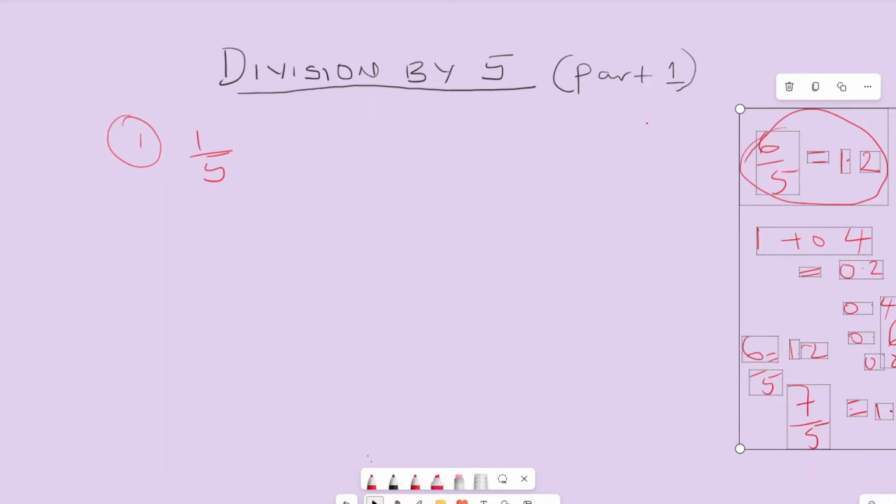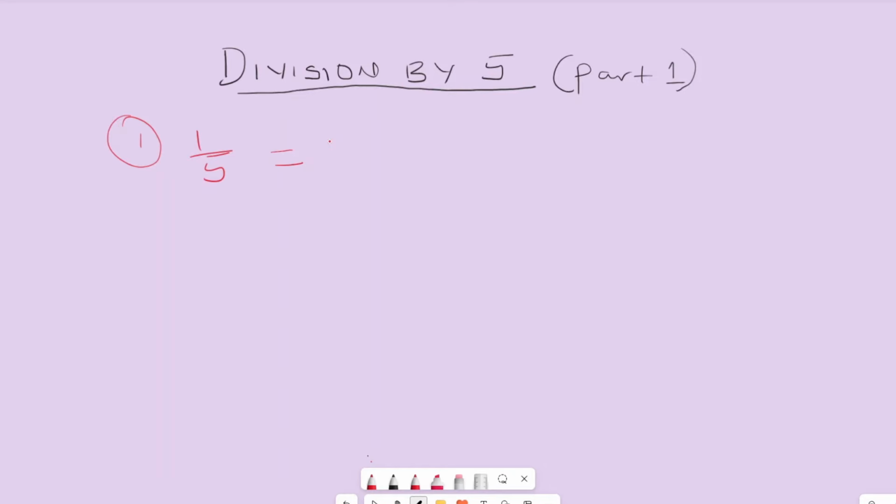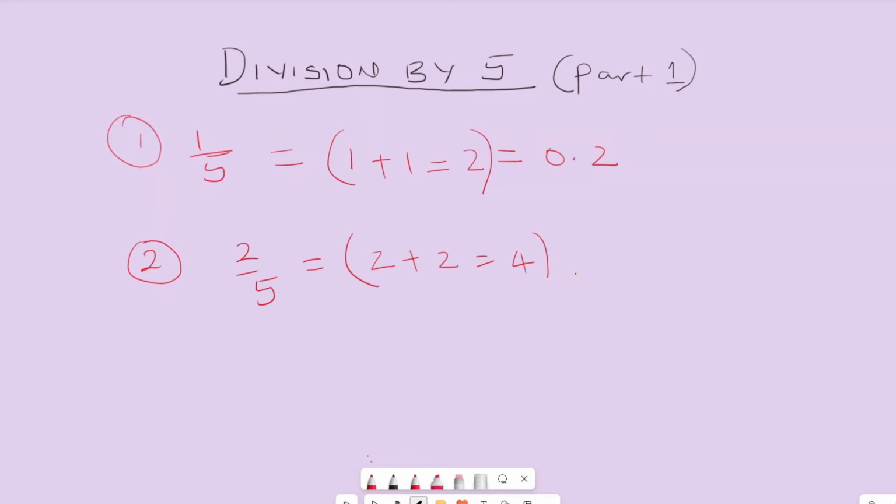Okay, so back to my first example that I wrote here. All we need to do is add the numerator. So we have 1 plus 1 equal to 2, so this is 0.2 as our answer. Now the second example is 2 divided by 5. The same idea applies. We have 2 plus 2, which is equal to 4, and our answer is